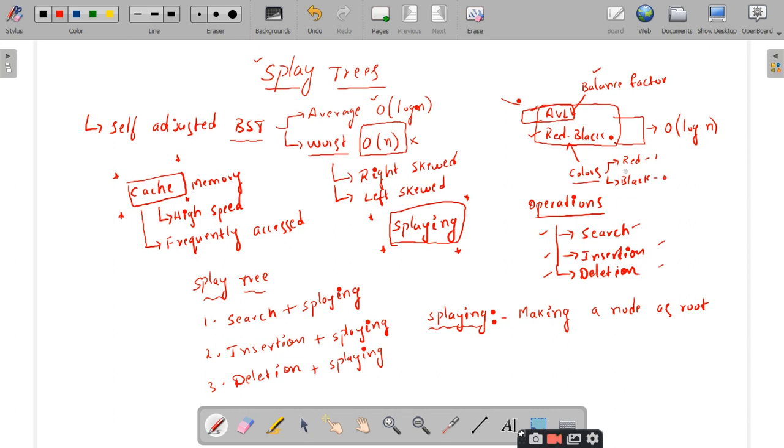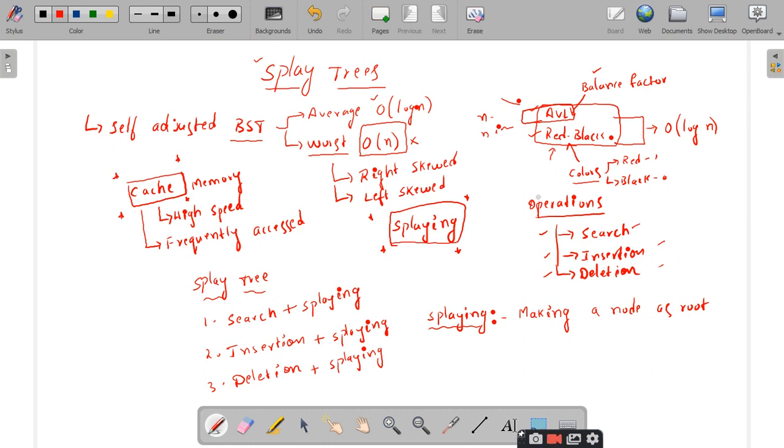So this additional information is required with respect to the AVL tree and red black tree, but such additional information is not at all needed in the case of splay trees. Therefore we have some advantage in the space complexity also, right? The AVL tree has to store the balance factor, so if I have n nodes, I need to store n integer values separately.